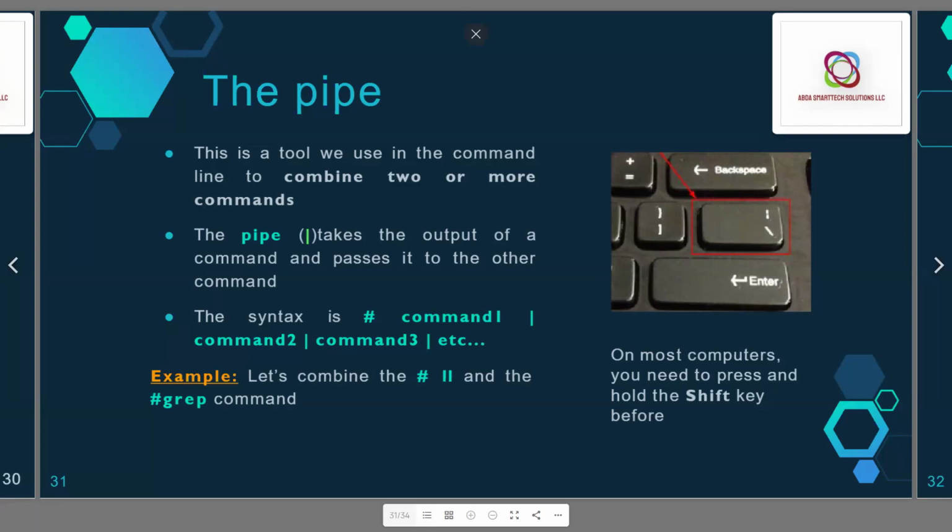Let's say, for instance, you are on a server, but there are certain things you're looking for on that server that you cannot find easily by using the find command. You can pipe on your command line to give you that particular result. All right? Now, before you pipe it, you can use two commands that we said. Let's say, for instance,